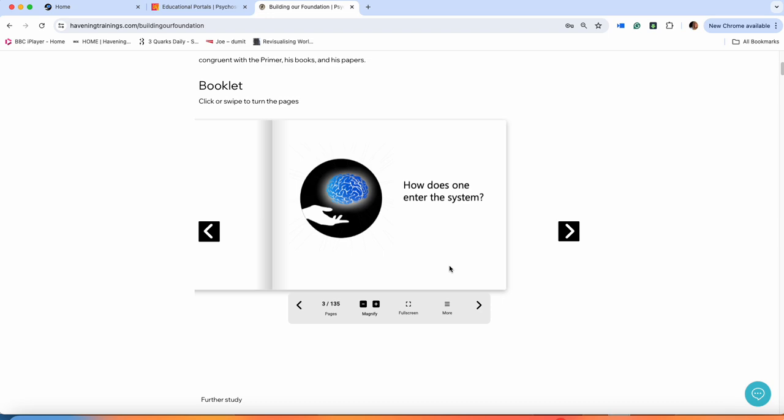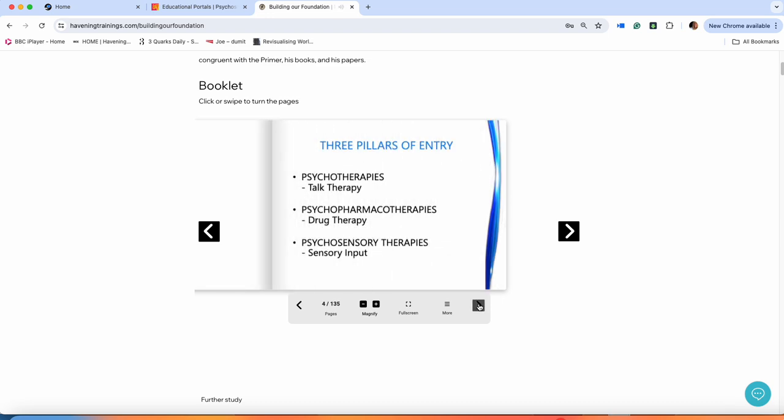How does one enter the system? What is the system? We are the system. So how does one enter the system? What activates the system? A scent could, a sight could, words could, thoughts can, touching a texture, looking at a texture, all of these different things. So it really gets us thinking about sensory input and how sensory input is used in other